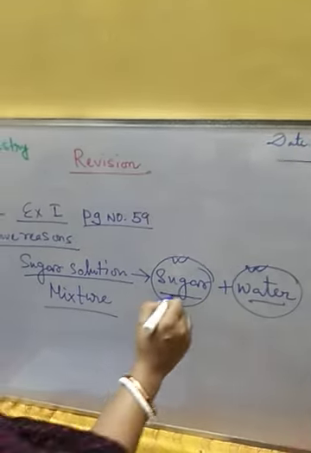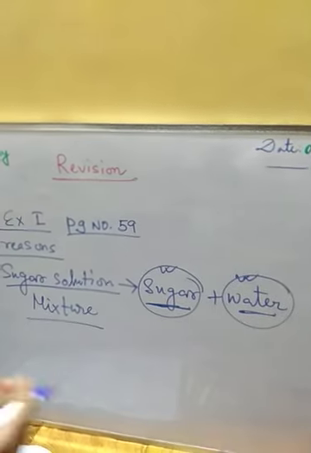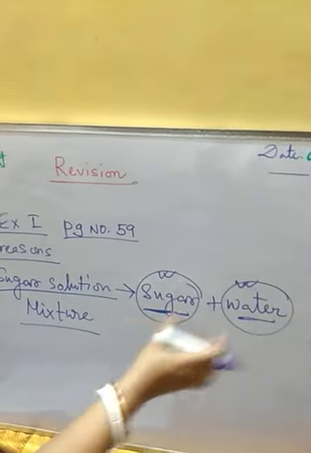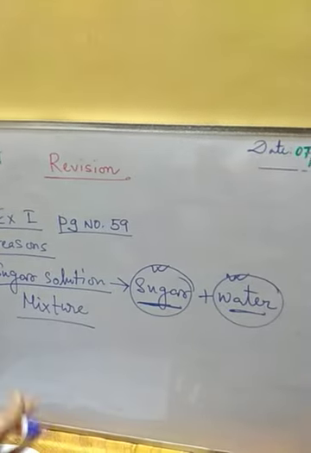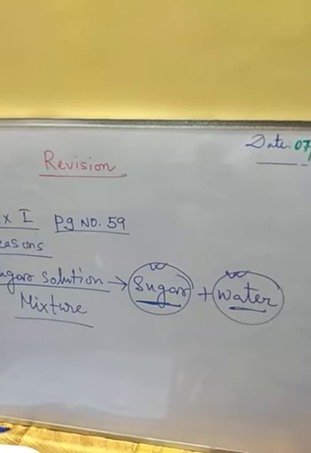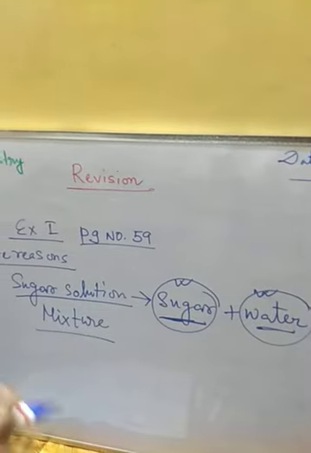That means they are not changing their original form or their original composition. Sugar's composition and water's composition will remain the same in the mixture. Only the sugar particles are getting adjusted